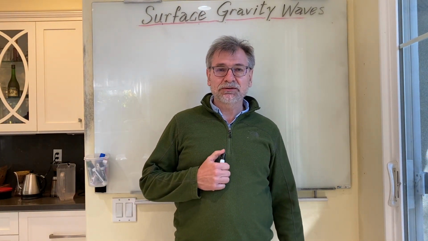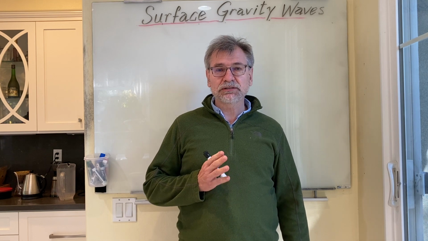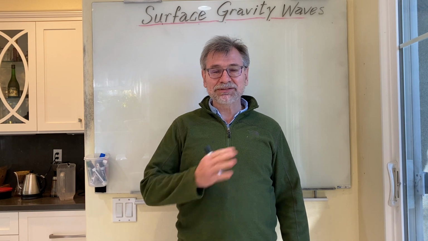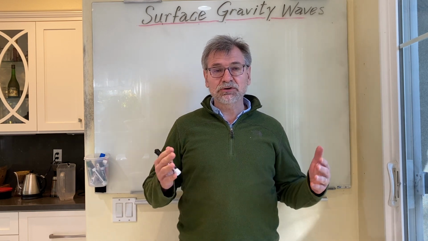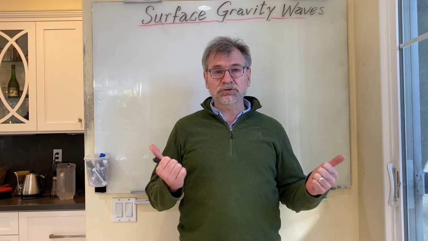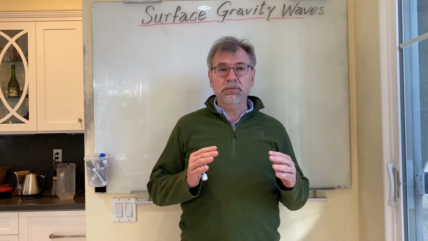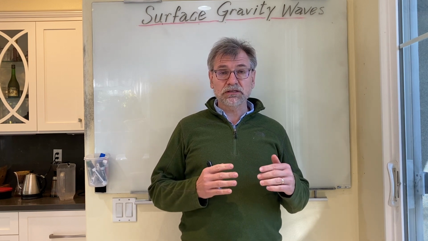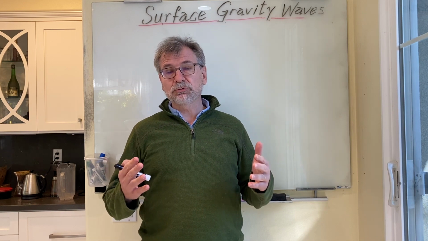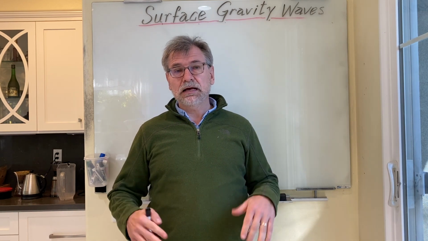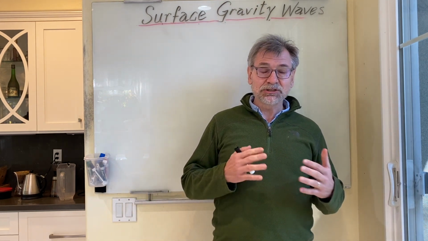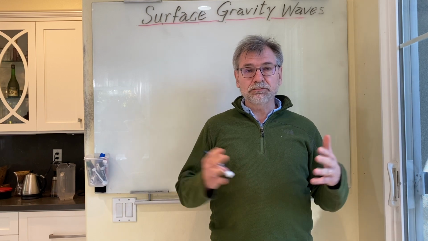Alright, in this video I'm going to talk about the shallow water wave approximation and the geostrophic adjustment problem. In previous lectures we've talked about how large-scale currents in the ocean are in geostrophic balance. That's a balance where the Coriolis and the pressure force balance each other. But now we're going to study what's called a geostrophic adjustment, which is how, if you have a current or a distribution of water that is not in geostrophic balance, it ends up being in a geostrophic balance. And what we're going to see is that the adjustment involves the radiation and propagation of gravity